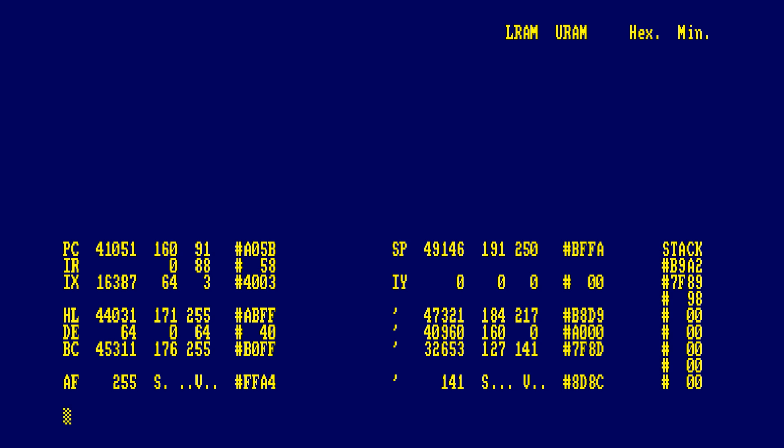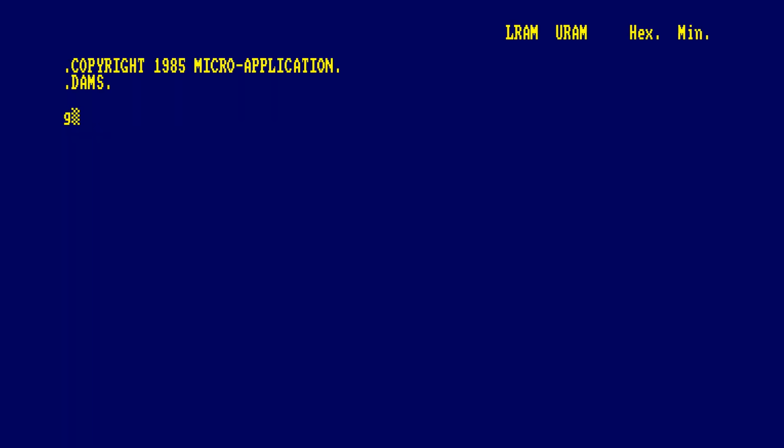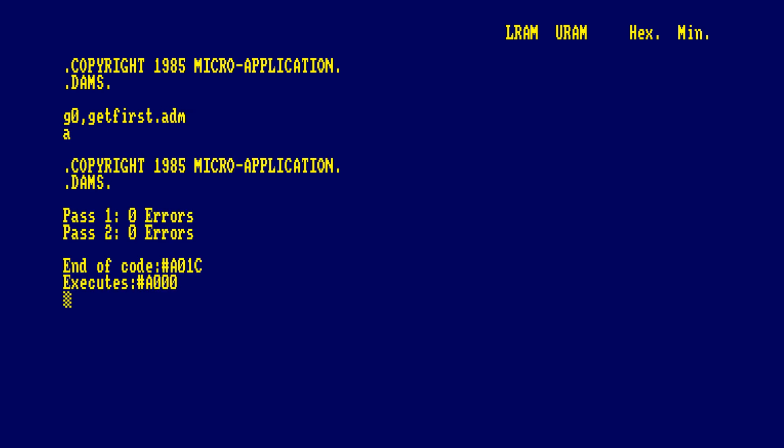So let's come out of here. If we try to get our file, let's say get reg, it'll ask for press play on tape because the disk ROM hasn't been enabled. So let's go back to Addon. Okay, now then, if we do our get first program here, jump back to tape,